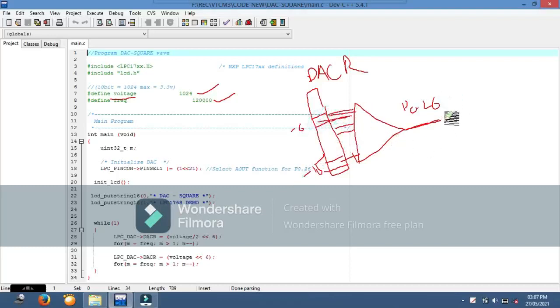And it will generate the analog output at the pin P0.26.